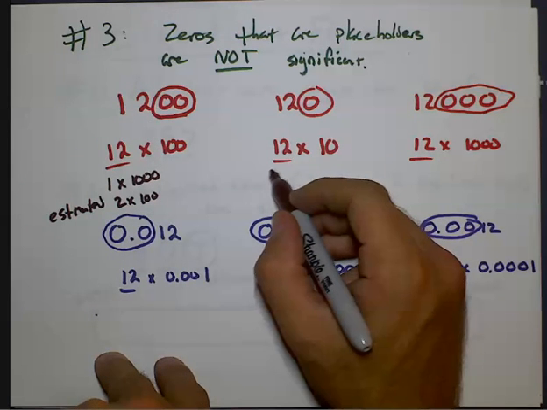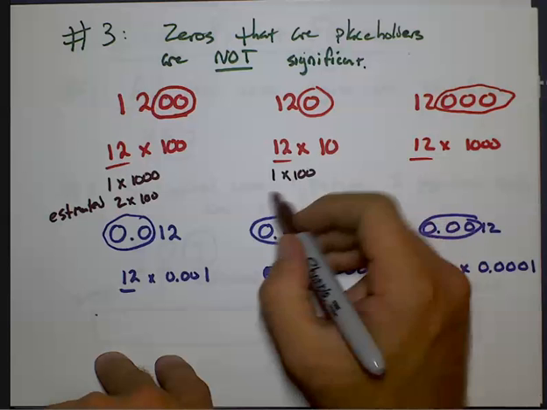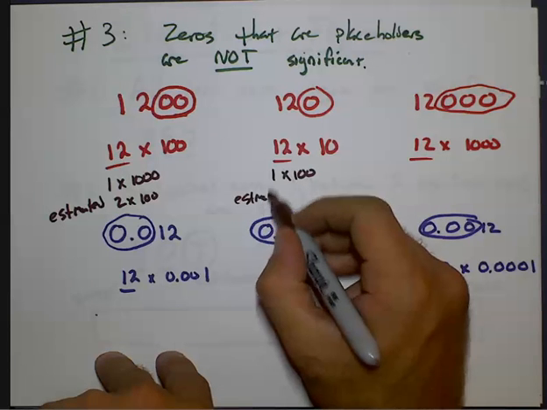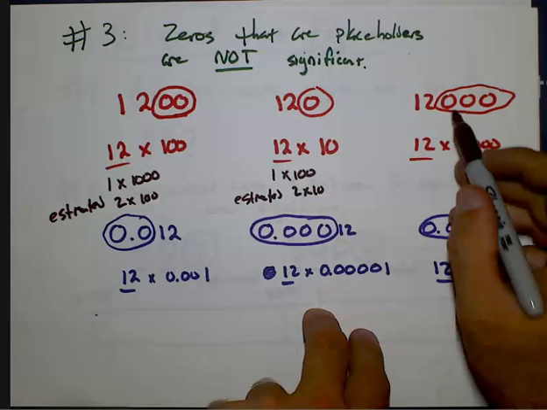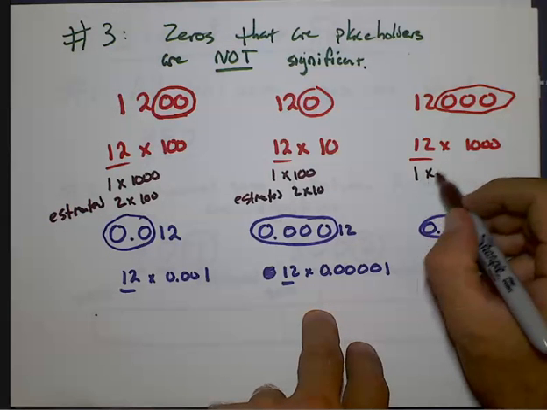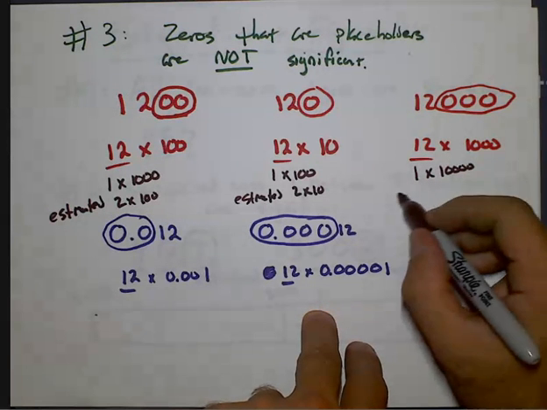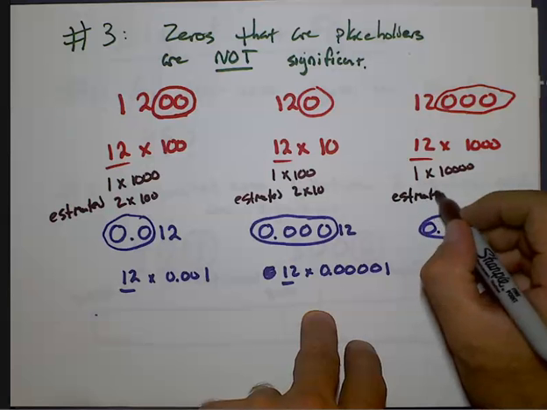Here we've measured 1/100 and estimated 2 tens. Here we've measured 1/10,000 and we've estimated